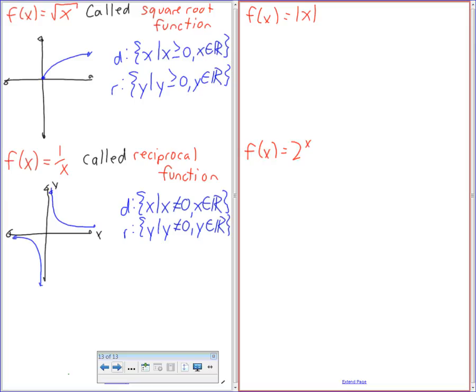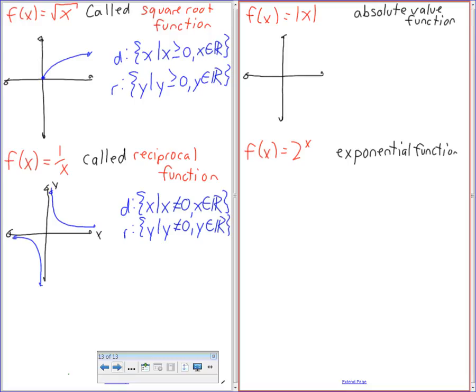This is an absolute value function. This is an exponential function. Before I graph absolute value, does anyone know what absolute value actually means? Distance from 0. Sort of. Yeah, that's actually a very good way to put it. I was going to say that negatives become positive, but distance from 0 is an even better way to put it. Okay. So what you're saying is this graph is going to go through here,